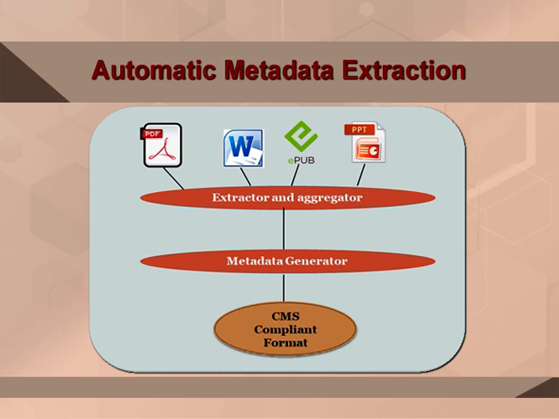Now, the final third kind of flow for metadata is the automatic metadata extraction, where we take a document and write an extractor for that. That is a program which will programmatically open that document and go through the structure to find out first. For example, if you have been given a PDF file, the first thing you would like to find out to decide on the metadata is what kind of document it is. Is it an article, a white paper, a book, or a report? By looking into different features of the document, its content structure, its first couple of pages, its back pages, indexing and so on, you can figure out and easily classify what kind of document it is.